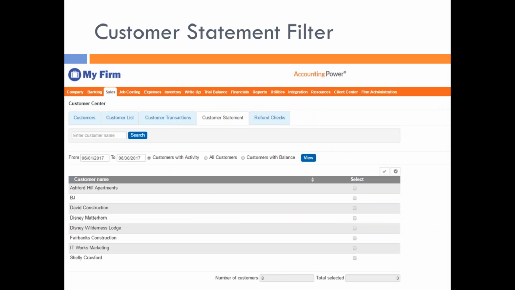Now, customer statement filter. What this does is it allows you to choose what you really want to see when you're sending out the customer statements. Usually you're not going to want to send out a customer statement to every customer who may or may not have balances or may not have activity. You may just want to send out to customers with activity. So as soon as I select this and click on view, I'm only going to see the customers with the activities. Or you may want to do it for customers with balances, because you may have customers with no current activity, but they still have an outstanding balance. So you can choose customers with balance. And then you can select them and email them out to the clients